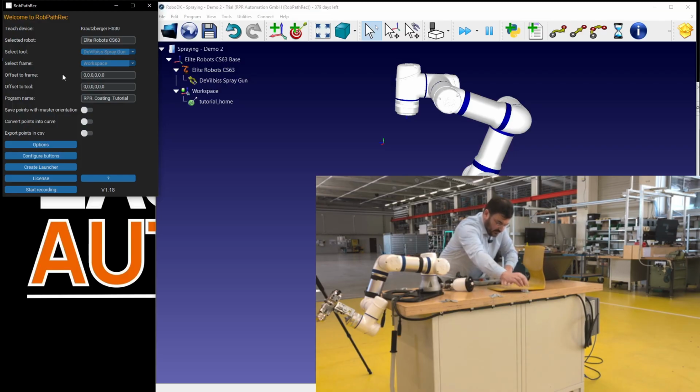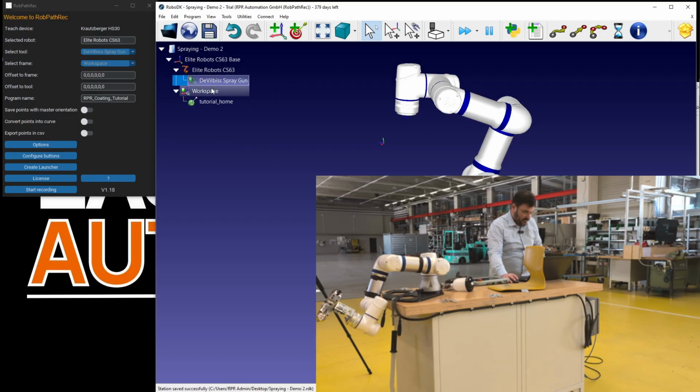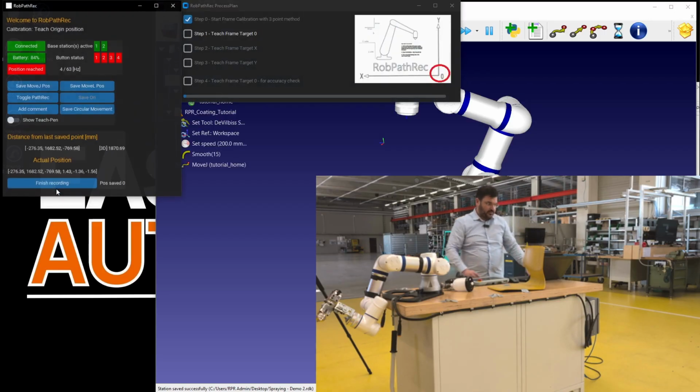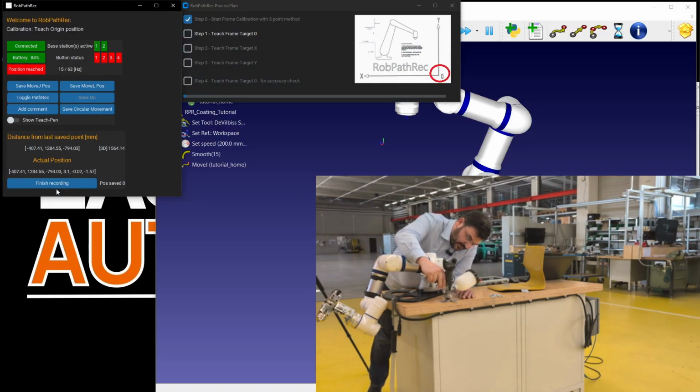Try to fix it somehow with some tape. Okay. So the teach device is the Krautsberger one. The tool itself in our file is the calibrated tool on the robot. So what do I do right now? I just start recording, and I'm just coming through pretty normal, like always.